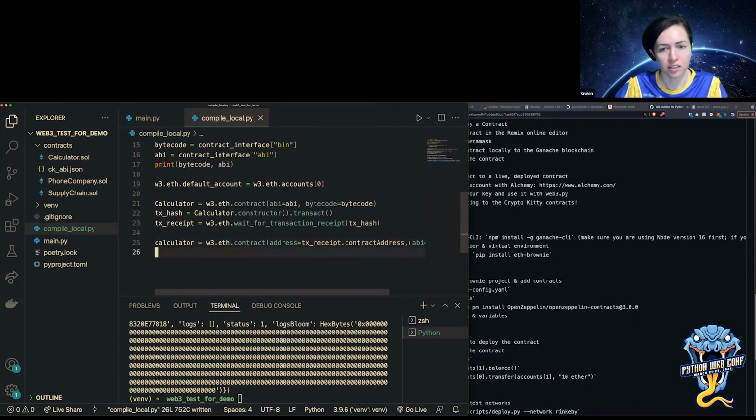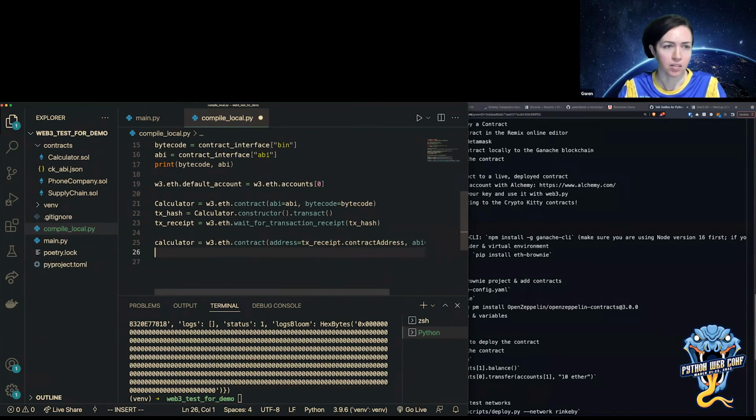I need the ABI because it's going to tell my program how I can interact with that contract. And then this is going to point to where the contract lives, so I can actually call the live contract.